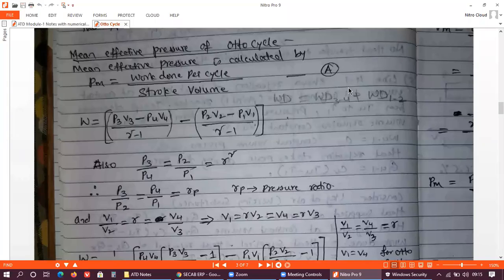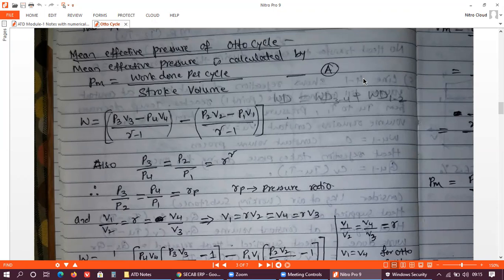Okay, see here, whatever we are discussing today is continuously related to your previous classes. One thing you have to keep in your mind is that all the upcoming classes are related to your previous classes. As I told you yesterday, we have discussed the processes involved in the Otto cycle, right? We have discussed that part. So there we discussed which processes take place.